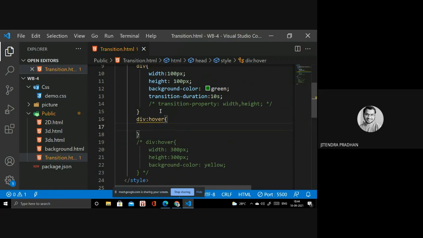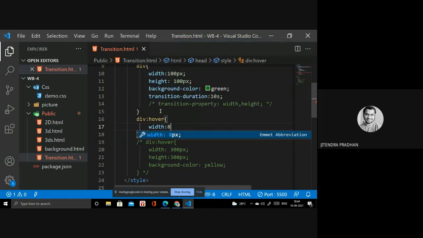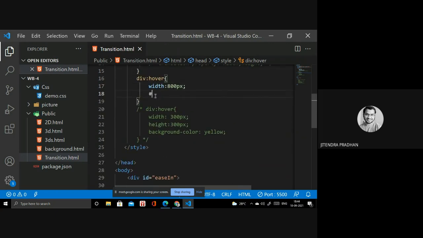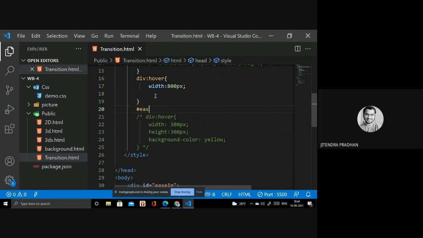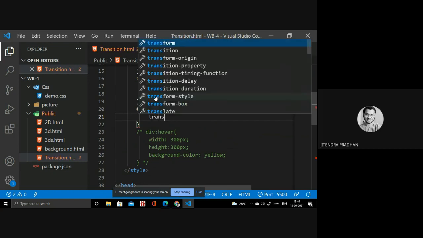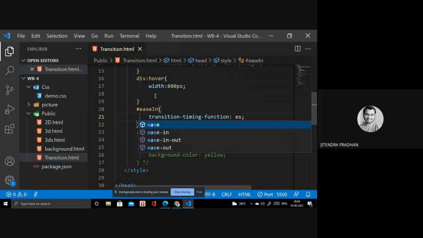I want to affect that particular width to be 800 pixel, much larger. Then I will write the id name, and inside that, we use ease-in-out, and inside you have to use the transition timing function and write ease-in-out.